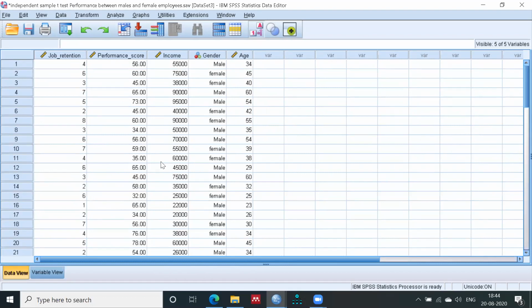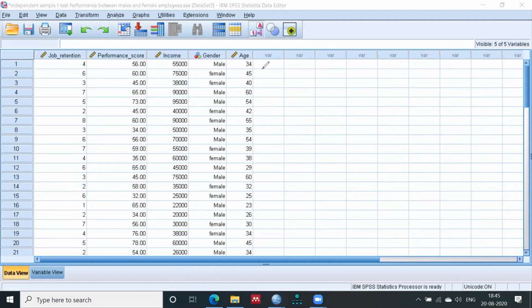So here what could be your null hypothesis? First of all, it is very important to understand the null hypothesis and alternate hypothesis, because this is the base. If you decide that your null will be rejected or accepted, then what is your null?